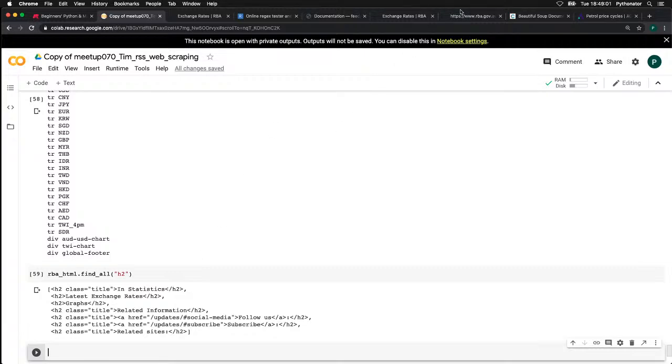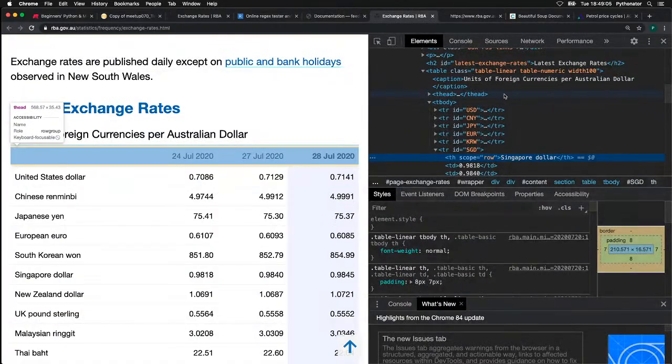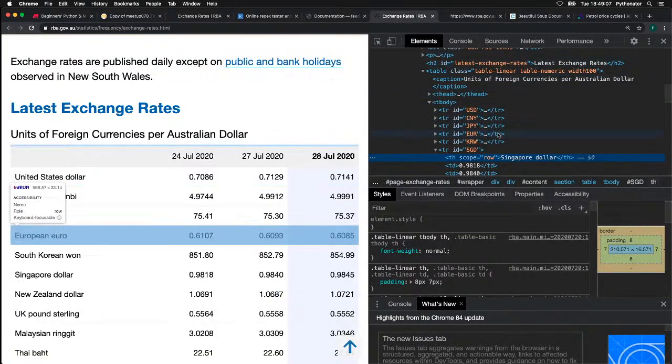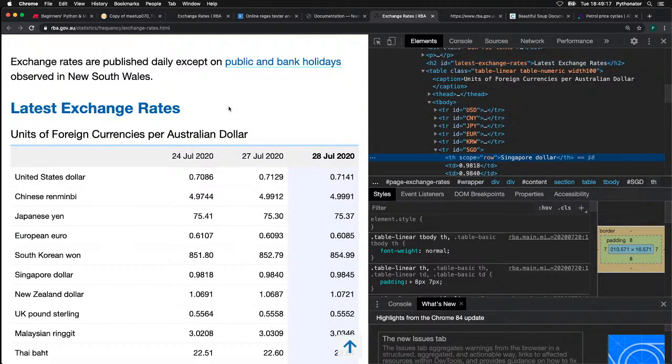So what's happened here, the way the Reserve Bank has generated their website, is they've created the website and then they've had some JavaScript go through afterwards and put in these IDs. So that's a little bit of a limitation with Beautiful Soup, as it's just looking at the HTML that comes when the site first loads,